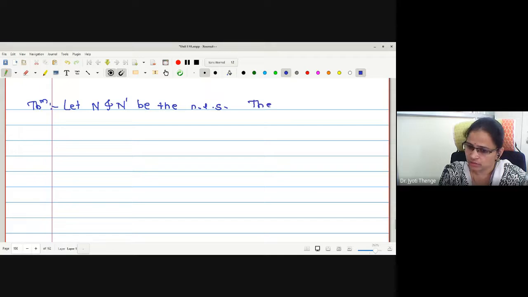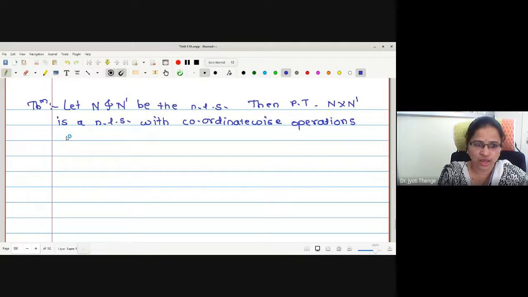We'll prove that N cross N dash is a normed linear space with coordinate-wise operations, and the norm is defined as